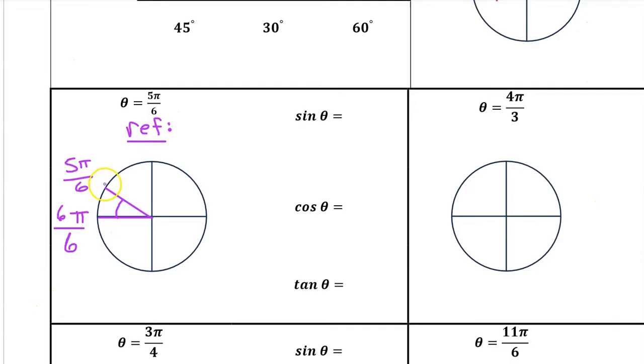The angle between the terminal ray and the closest part of the x-axis is called the reference angle. We can tell at a glance that the reference angle is pi over 6, because 5 pi over 6 is a multiple of pi over 6. In order to evaluate the sine of 5 pi over 6, first ask yourself, what is the sine of pi